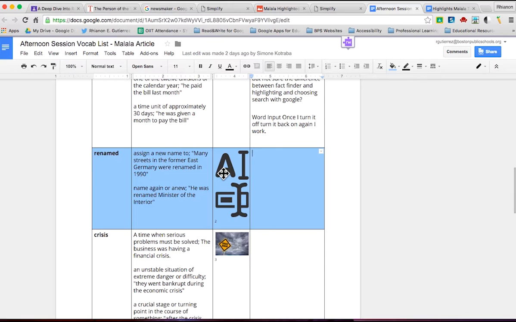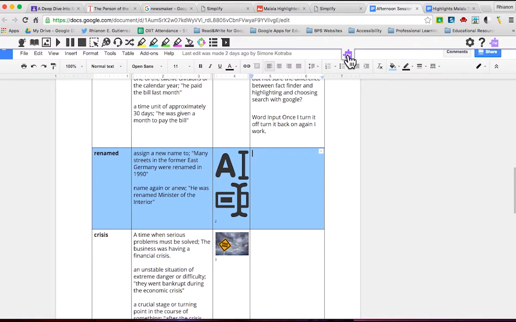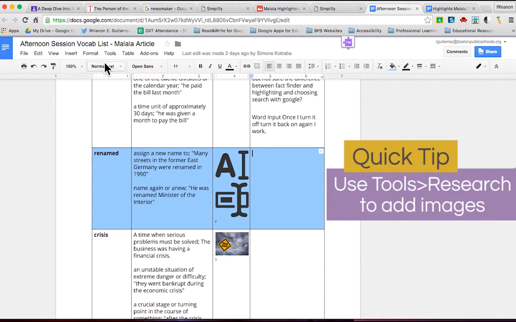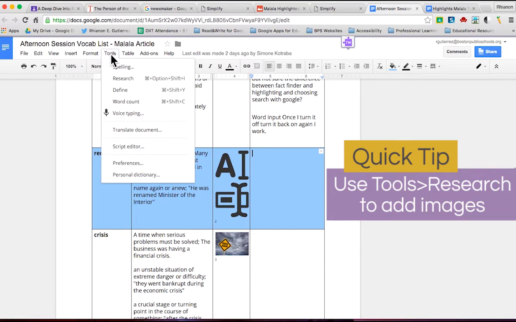Google Docs has a lot of really interesting features that support the flexibility that is already inherent in the Read and Write toolbar. So the toolbar for Read and Write, you notice, is up here, and I actually brought the tab up so that I can see other tabs here on Google Docs better. So let's check out the Tools tab. I'm going to click on that and click on Research.